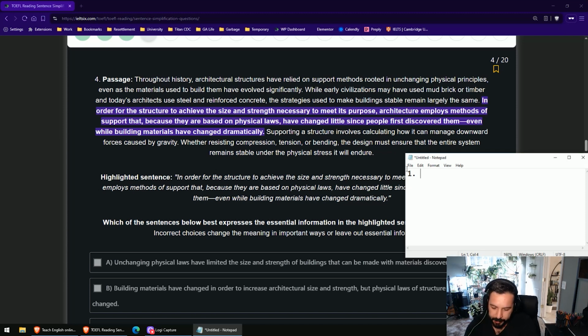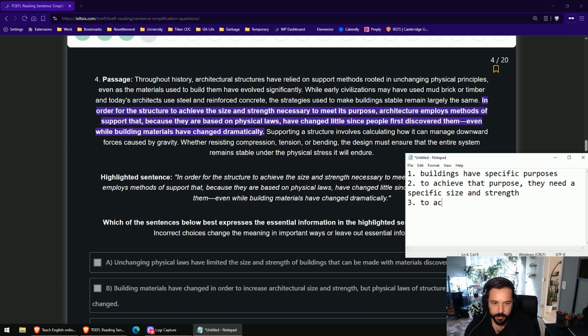Now, let's begin. 1, buildings have specific purposes. 2, to achieve that purpose, they need a specific size and strength. Okay. 3, to achieve the purpose, architects